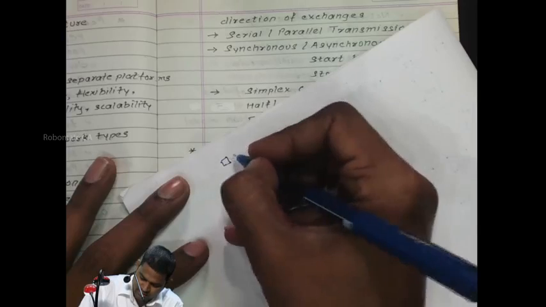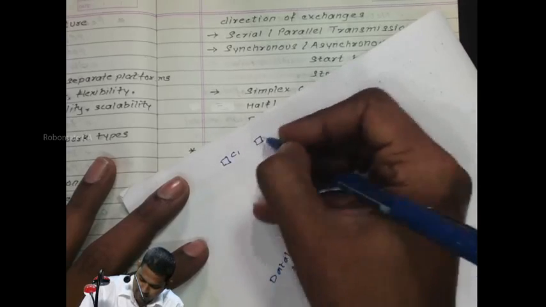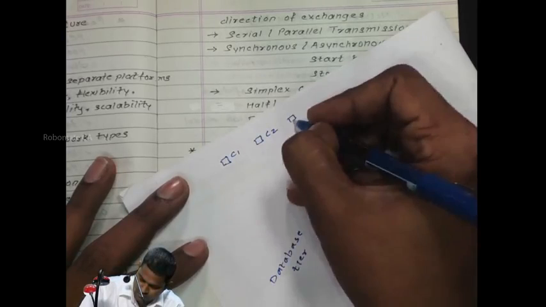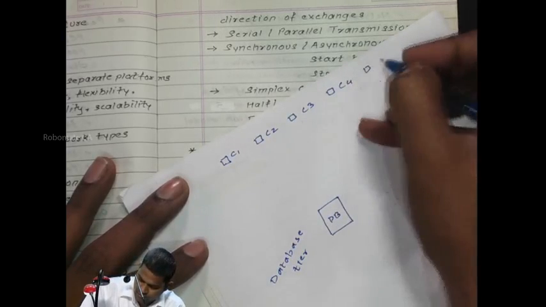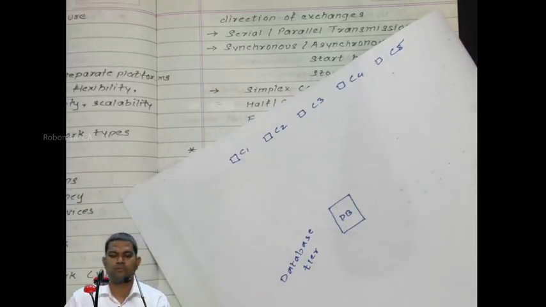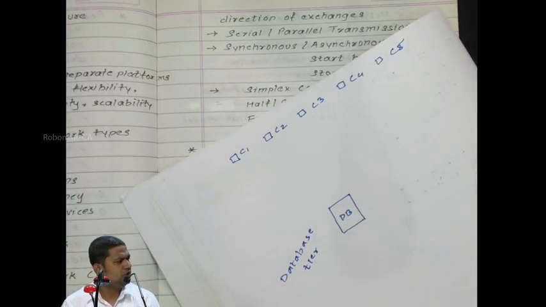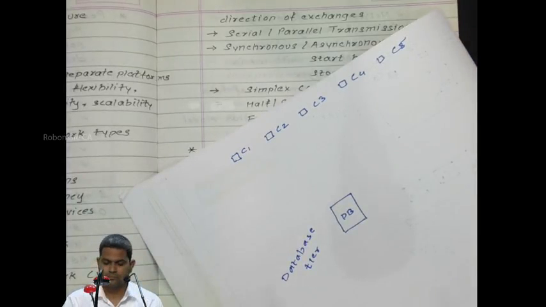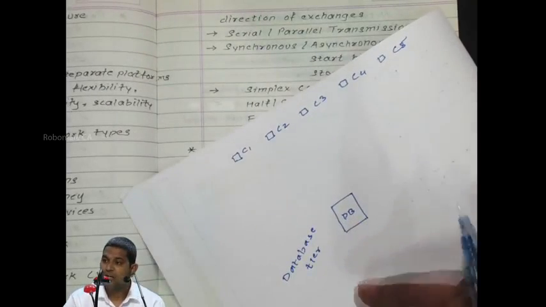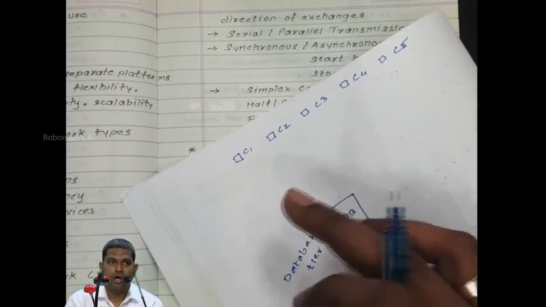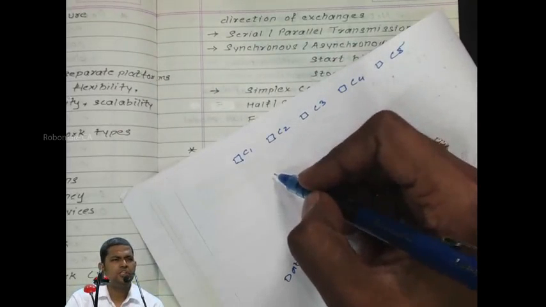So say C1, C2, C3, C4, C5, and so on, right? Okay, here we would have the customer at this end, and before the database tier we have the owner. Now because on this end